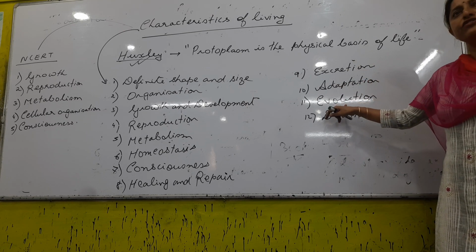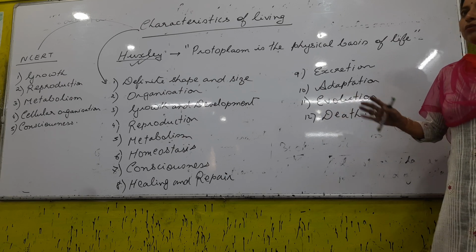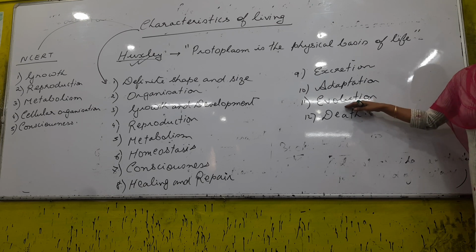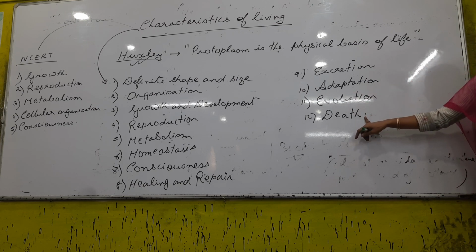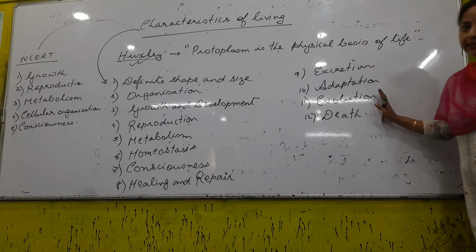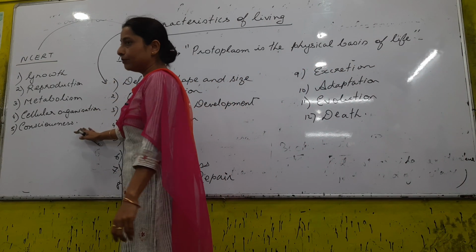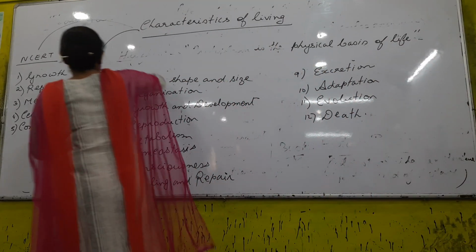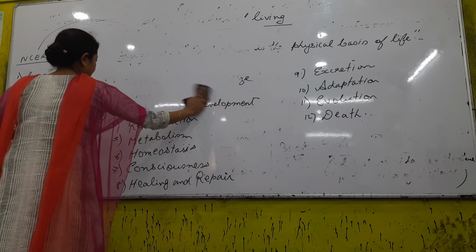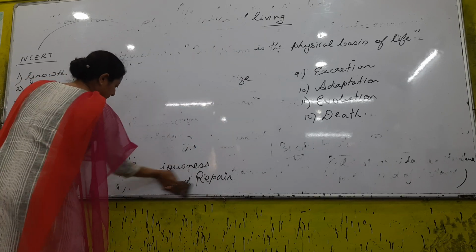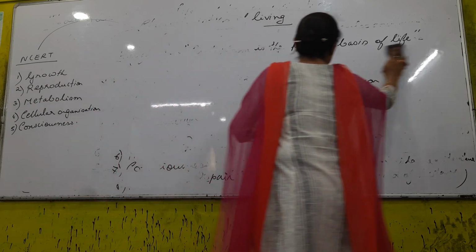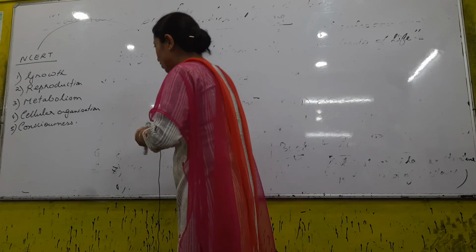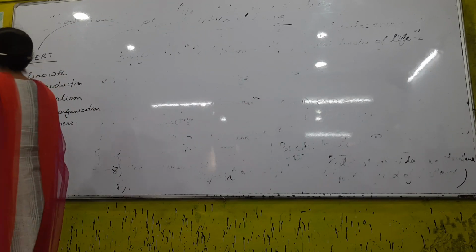Next is evolution. Evolution is a whole lesson in class 12. We know that life has started from something and now we have something else, no? We have various theories of evolution also. And finally death, right? So we will not explain some points in basic detail, however some points we will have to study well. Characteristics of living from the NCERT book, when we will be studying about this point.